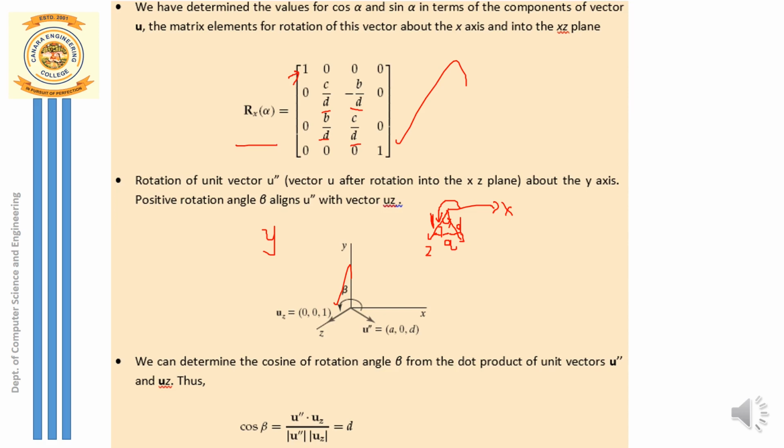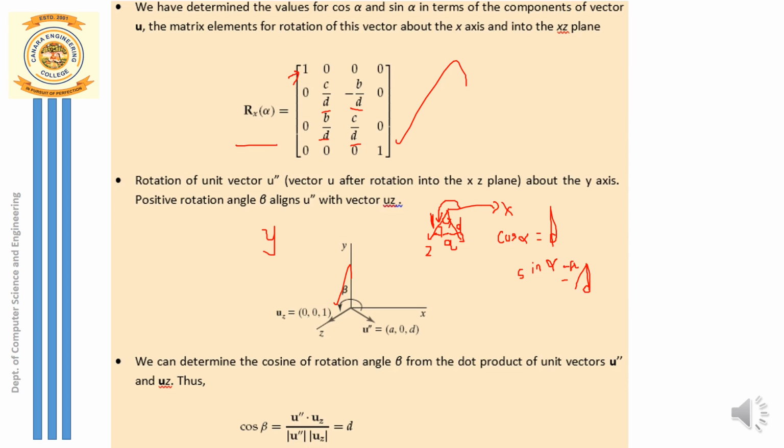Now can I consider this as a right angle triangle? So what is the adjacent side? Cosine of alpha you can take as adjacent side by hypotenuse. So what is the adjacent side by hypotenuse? You can give it as d. And then sine of alpha: what is sine of alpha? Opposite side by hypotenuse, and that you can give as a divided by d. So d and a divided by d, for the cosine of angle beta.